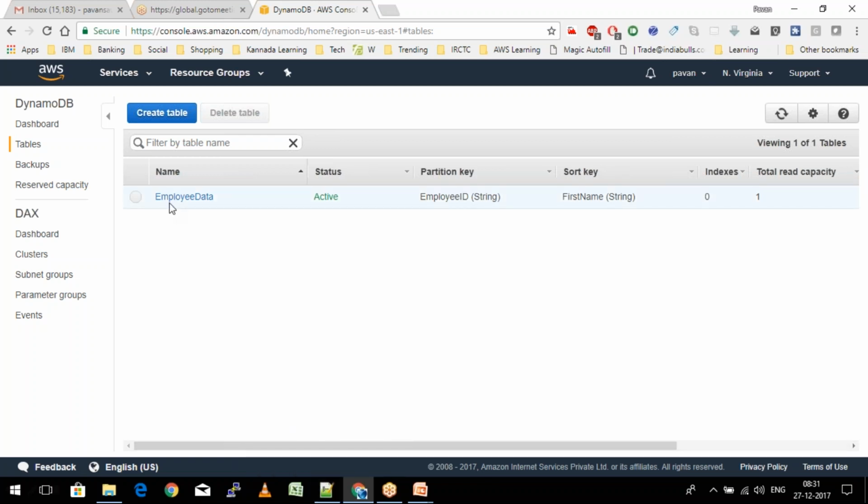We are going to discuss DynamoDB in detail in the session from tomorrow, where we are going to learn how to start adding data to this, and how we can connect from an EC2 instance to this DynamoDB. So we are going to learn in detail about DynamoDB in upcoming sessions.